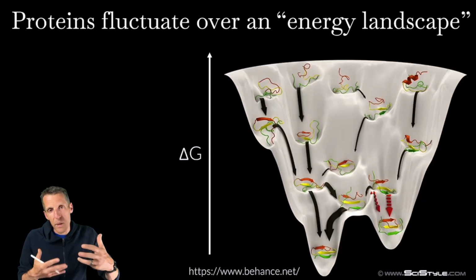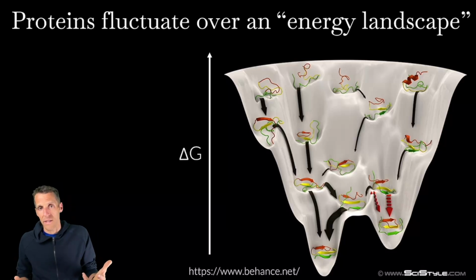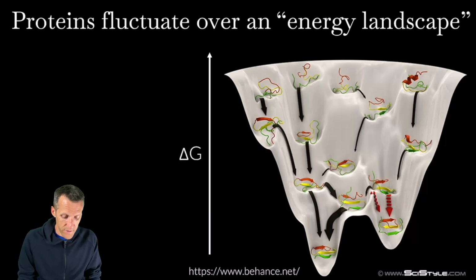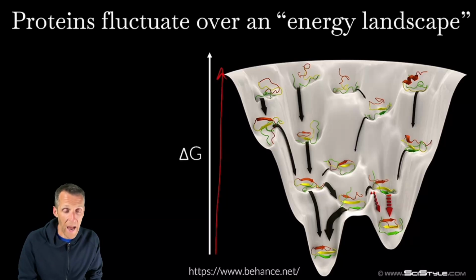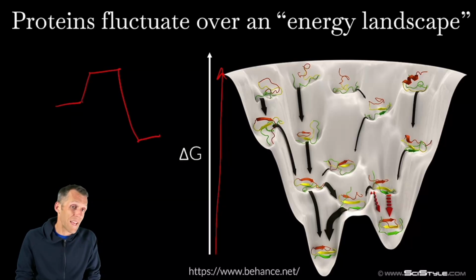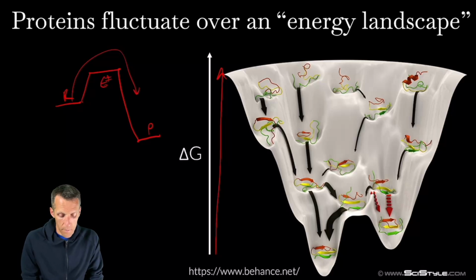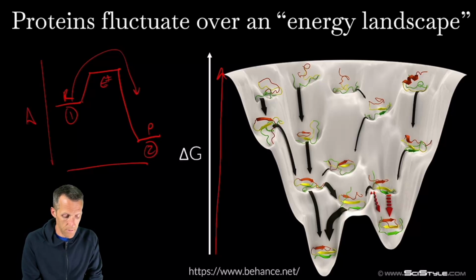Okay, one way that people describe this, and I think a really helpful way to look at this, is describing this as a protein energy landscape. So hopefully you've seen diagrams before where we have an energy axis, and then I'm going to draw the one you might have actually seen. You might have seen something that looks like this, right? Or maybe an enzyme, or a reaction, showing that you have some reactant over here and some product over here, and it has to hop over some energy barrier. In this case, you've got two possibilities, 1 and 2, the reactant and product, and then you're on some energy landscape.